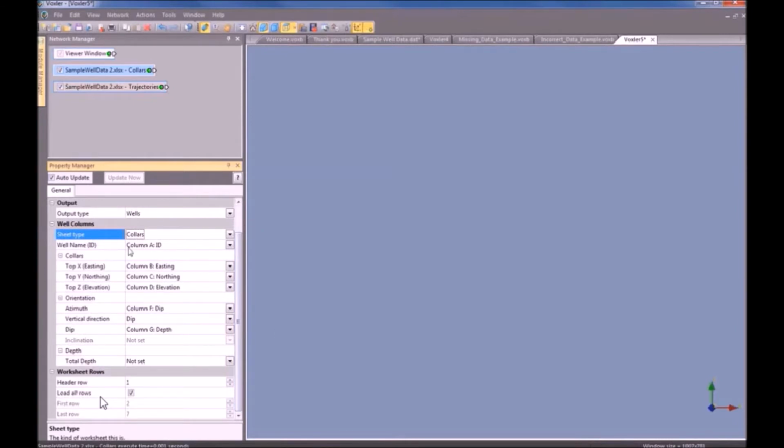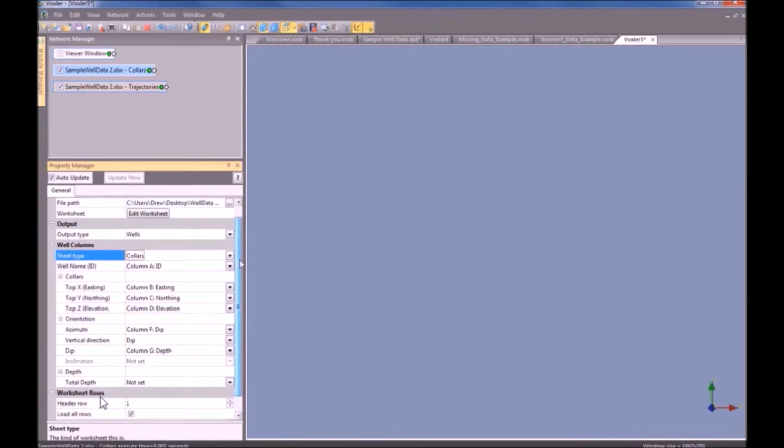So right here, I'm going to make sure that all these fields are set correctly. And you can see in the drop-down menus that all the fields that were in the data are available. Let's make sure I got everything set correctly. Okay, great. Now that I have all the collars table parameters set, I need to do the same thing for